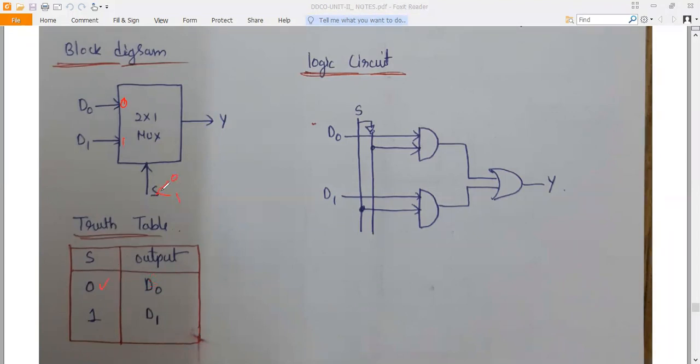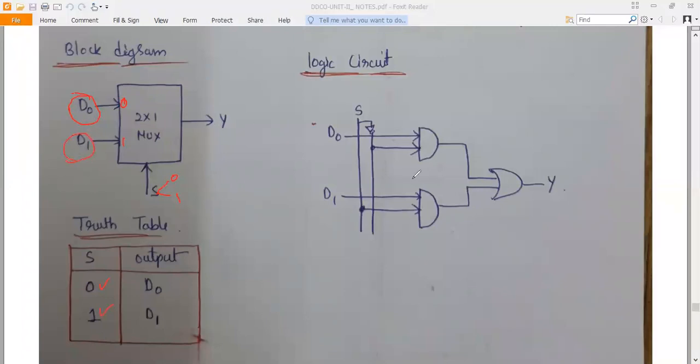If it is 0, then the 0th line will be selected, so the data present on this 0th line, which I call D0, is transferred. It may be a 0 or a 1, since the data is binary. So only that is transferred when S is equal to 0. When S is equal to 1, D1 is transferred onto the output.